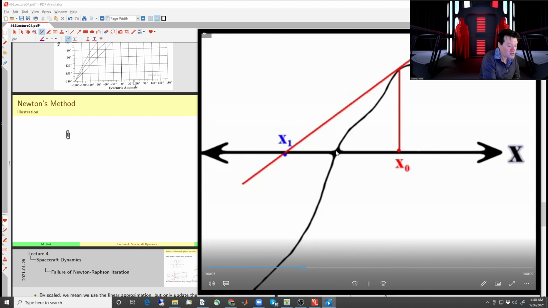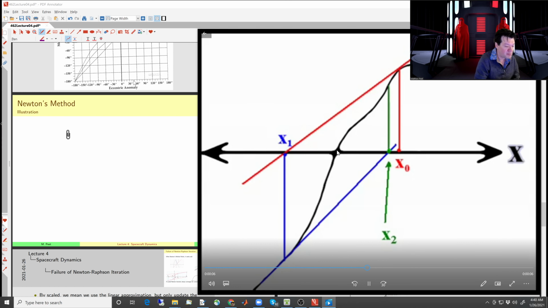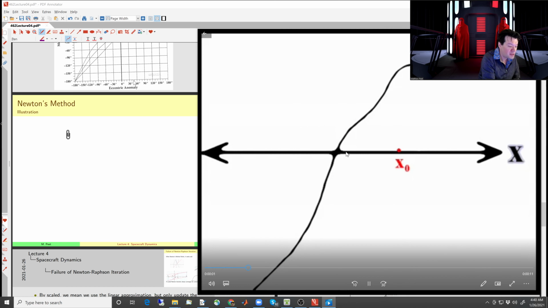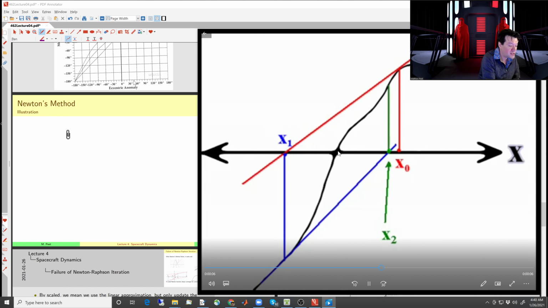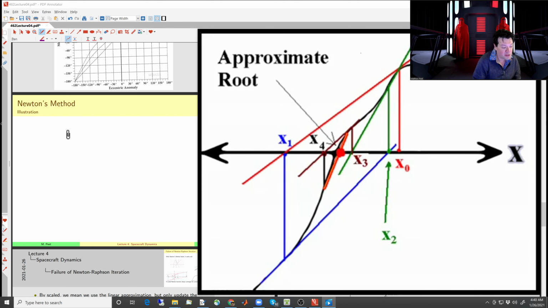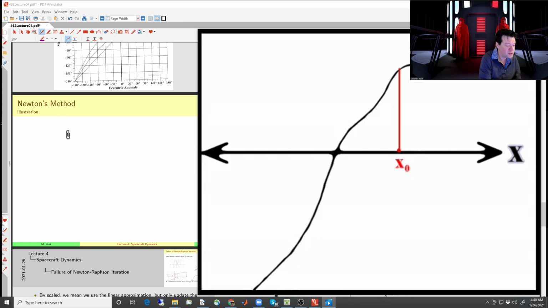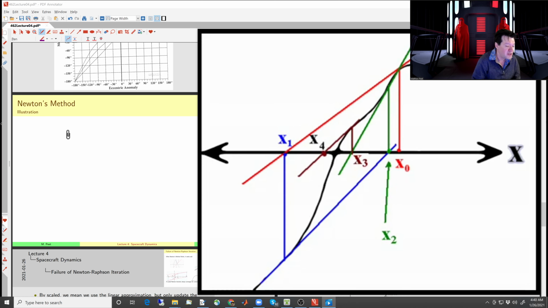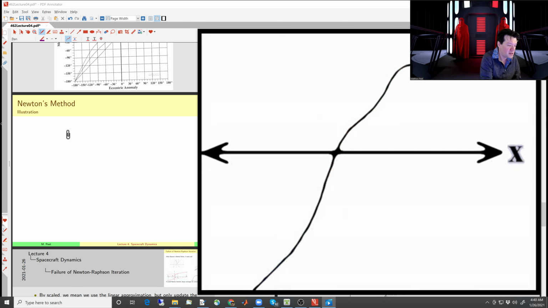And as we get closer to the origin, the convergence speeds up quite a bit. You can see that there wasn't much improvement in convergence from x0 to x2 here. But then when we get very close to the origin, the convergence from x4 to x5, for example, or x3 to x4, is significantly faster. And you can show that this quadratic convergence appears in some neighborhood of the origin. You don't really have an estimate a priori of how close you have to be, but there's some neighborhood where you have quadratic convergence. And you can bound this interval based on the derivatives of the function,